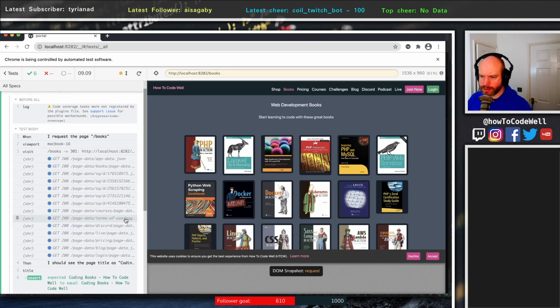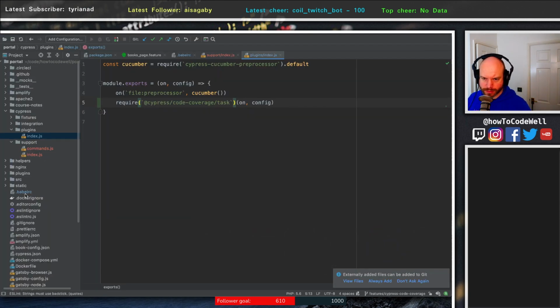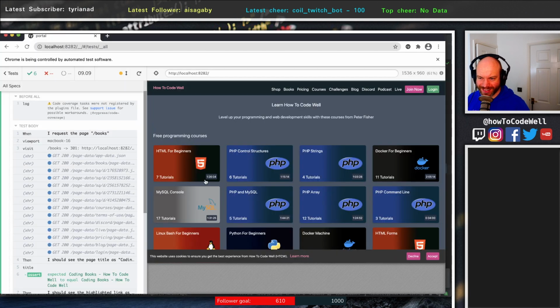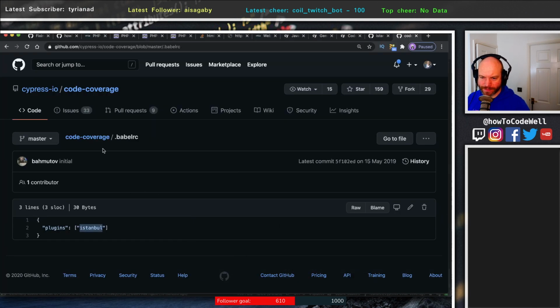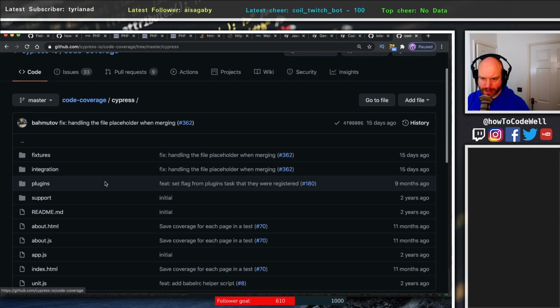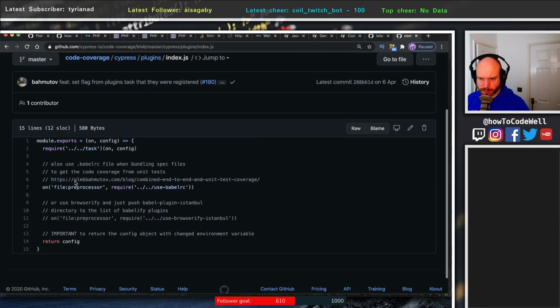So let's do a comparison. Plugins transform class properties. Oh right, okay. No, we don't need that. We just need that. Okay, and then in their Cypress folder that we should have in the plugins, in index, there should be a